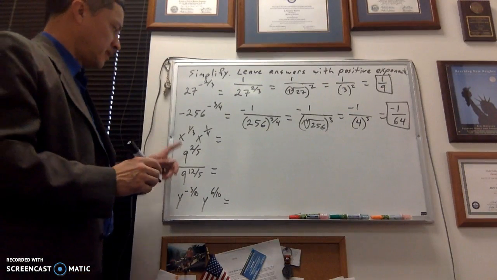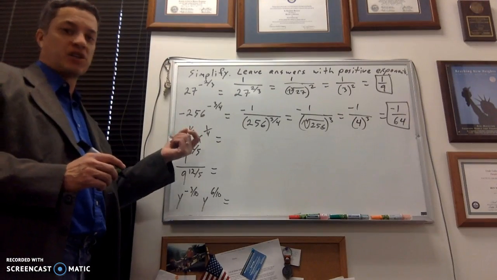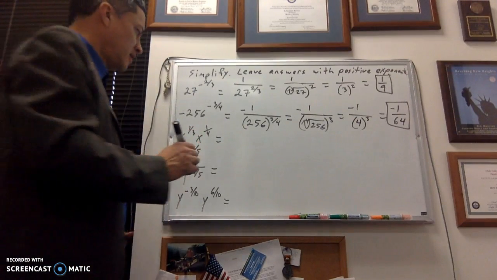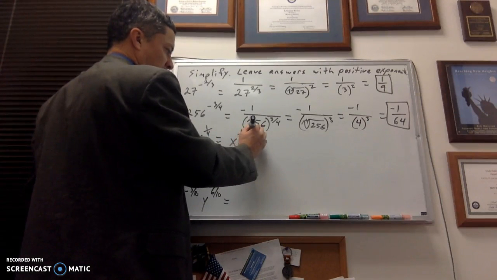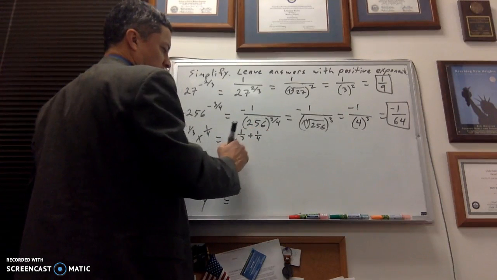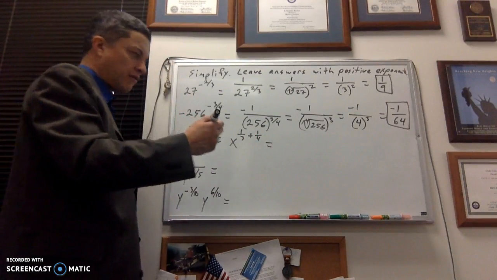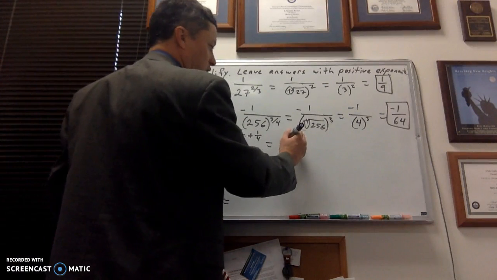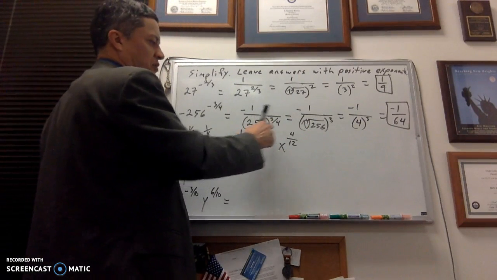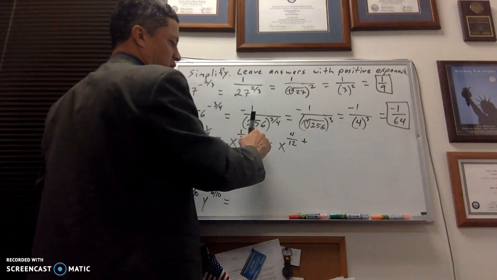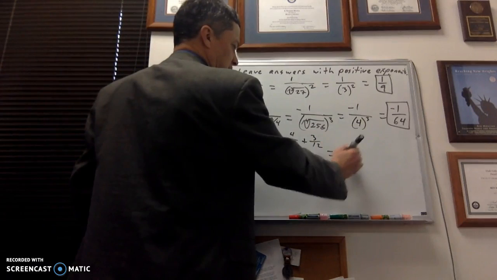Oh, this one's different. Like bases getting multiplied, I'm going to end up adding my exponents. So I'm going to use a different idea here. This is going to be fraction heavy. So we're going to add my exponents here: x to the 1/3 plus 1/4. So this is really an exercise in adding fractions. We need a common denominator, which is 12. So instead of 1/3, it's going to be 4/12, and instead of 1/4, that's going to be 3/12. So this is going to be x to the